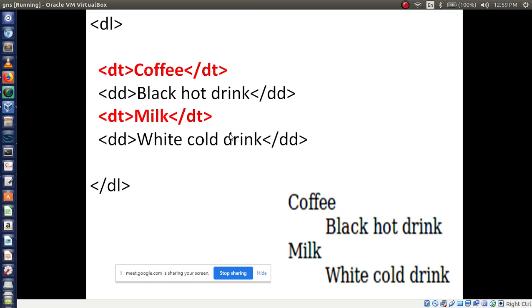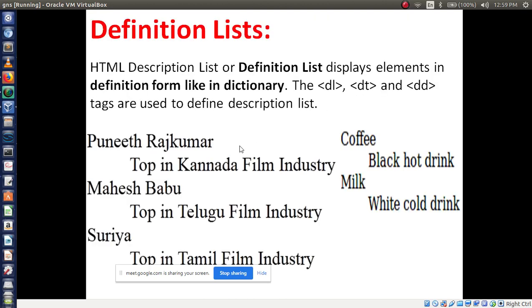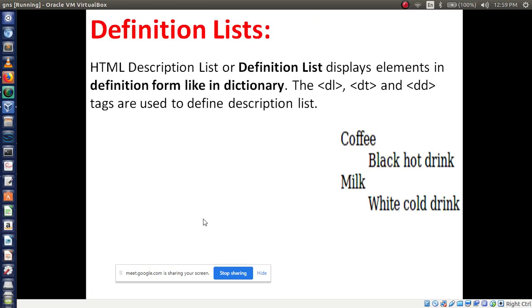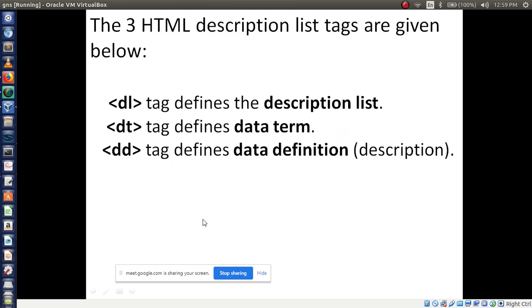Understood this? This one, okay. The DL tag defines a description list, DT tag defines a data term, DD means data definition.